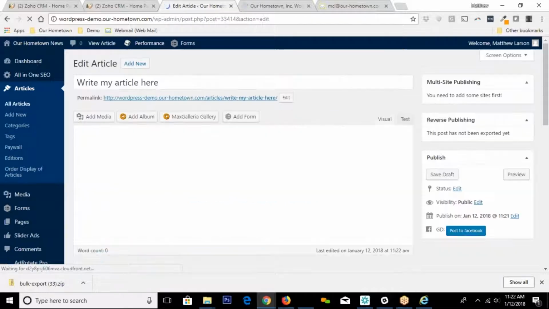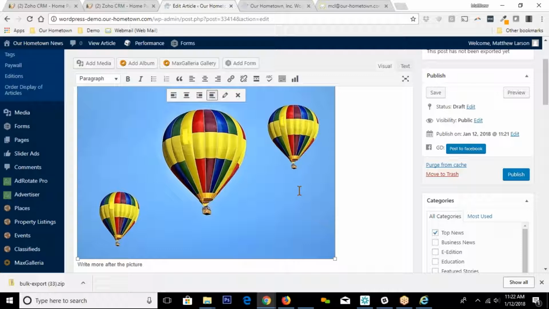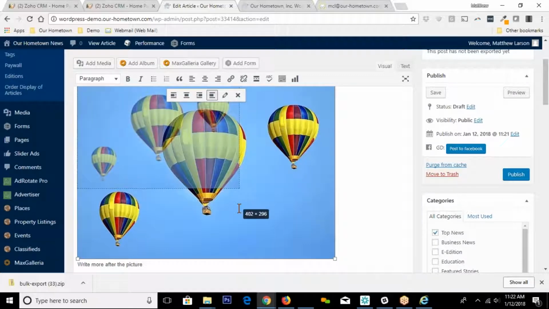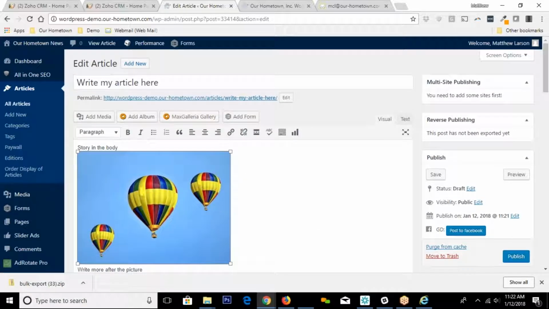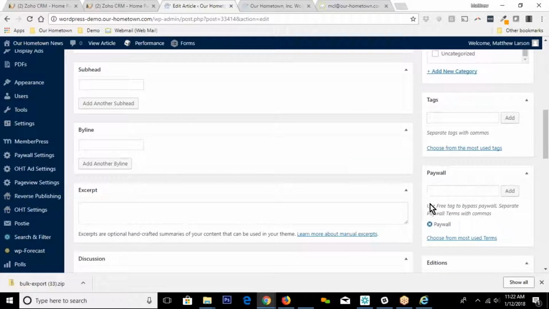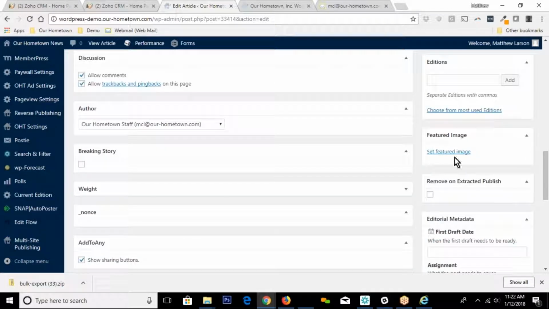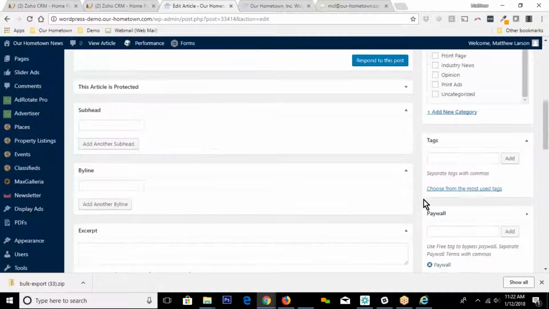It goes in as a draft, and that protects you so that it's not live on the site. You can have someone check it. But now that story's in there, and the picture is included. And if I just put it in the featured stories category and then again attach my featured image so that I have the thumbnail on the home page, I could say publish